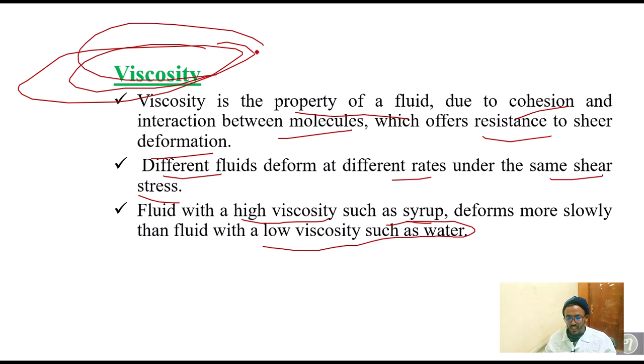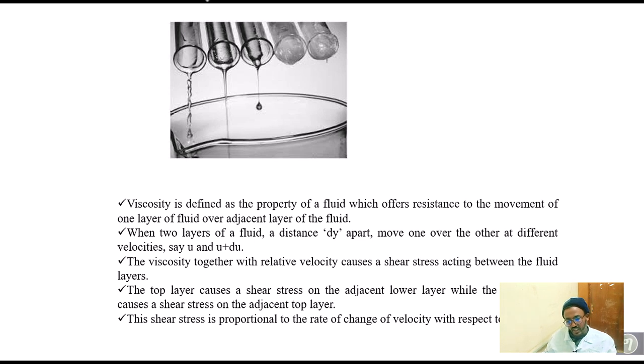Viscosity occurs due to cohesion and interaction between molecules, which offers resistance to shear deformation. This is viscosity. You can take this figure as an example. Viscosity is defined as a property which offers resistance to the movement of one layer of fluid over an adjacent layer of the fluid. It's resistance. When two layers of fluid, a distance dy apart, move one over the other at different velocities, say u and u plus du,